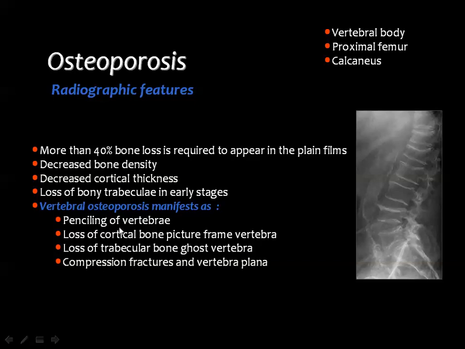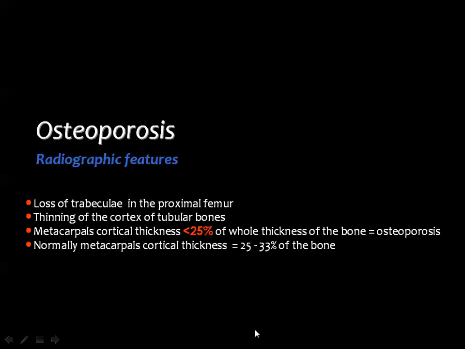First, you see penciling of the vertebrae due to loss of the trabecular bone or loss of bone density. Then you got what looks like the picture frame vertebra. The cortex is well appreciated while the bone density in the vertebra is markedly lowered. Then loss of the trabecular bone may lead to ghost vertebra, and finally you reach the compression fracture and the vertebra plana. Then these are the methods for diagnosis of osteoporosis, like loss of the trabecular bone in the proximal part